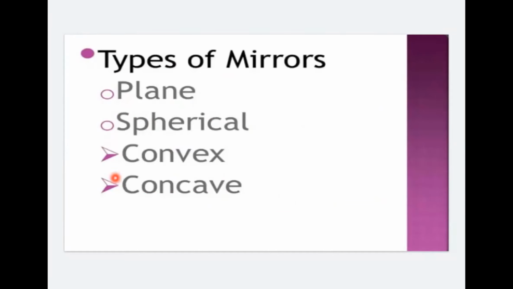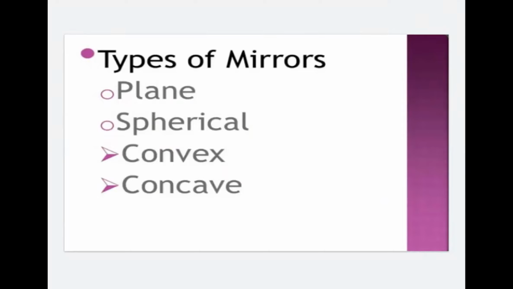Spherical mirrors have two subtypes. The first one is called a convex mirror and the second one is called a concave mirror. In today's lecture, we will only focus on the plane mirror. And in the coming session, we will focus on convex and